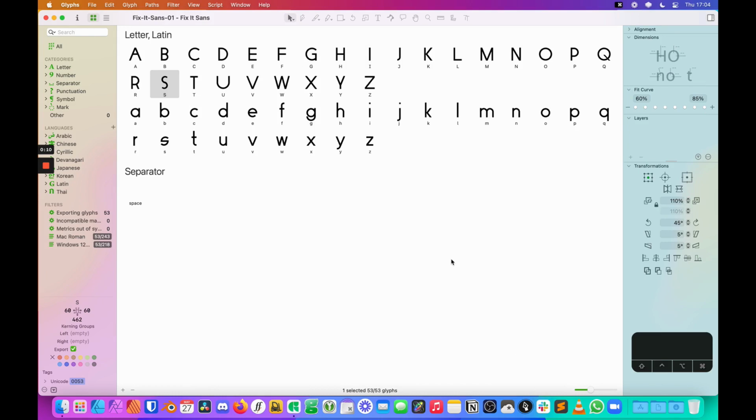Rather than going through step by step showing you how I draw characters and letters, the usual process that you've seen on this channel, I thought it would be fun to take a different approach to designing type. What you see on my screen here is a font that I've put together. Some of this draws on the struggles and pitfalls that I ran into when I was designing a font, and I thought I would combine this into one mega fix-it font, as I'm calling it.